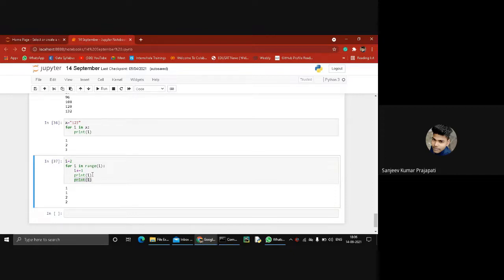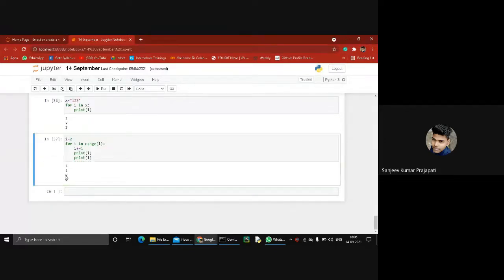Then the value is incremented again, but 2 is excluded, so that's why 3 is not printed. So it's clear how it works.